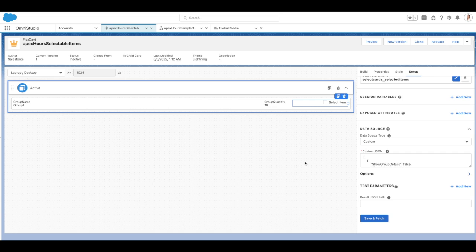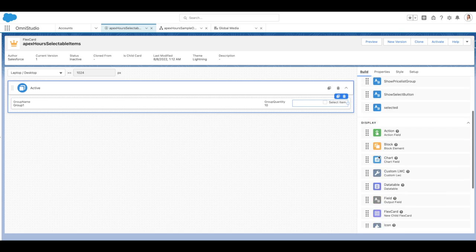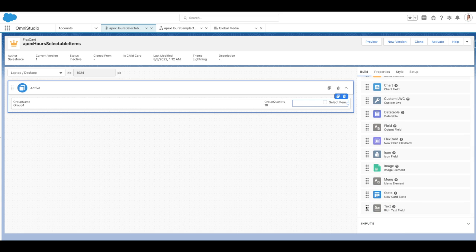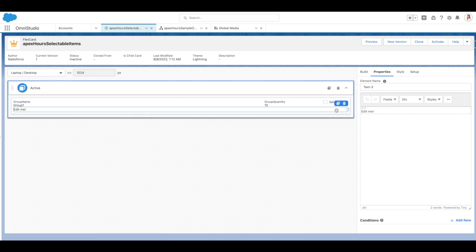Okay, our FlexCard is deactivated now. I'm just going to use a rich text field to display some of those values. So we're passing record ID, so let us display the record ID first. I'm just going to use the curly brackets in order to bind that, and I'm going to make this a little bit bigger. I'll just give it